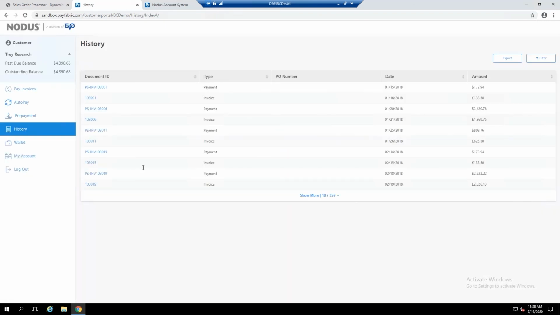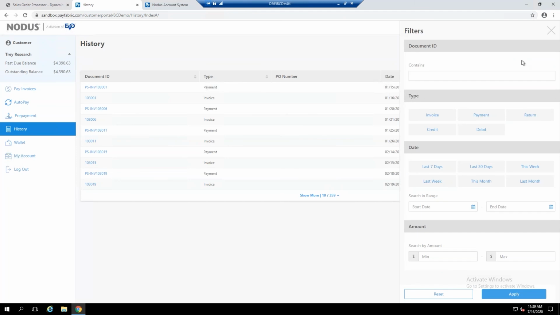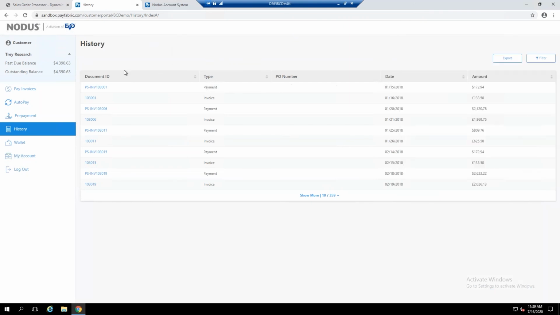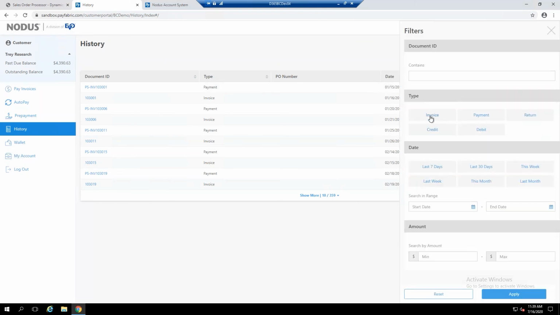It also shows history. So on every one of these, the outstanding invoice page, history page, we have added a very sophisticated filtration system, which essentially allows you to create filters for these. Obviously, as you notice, each one of these columns is sortable, so you can sort the columns, but you can also create filters. If I want to see all my invoices, my payments, my last 7 days, my last week's payment, last month's payment,